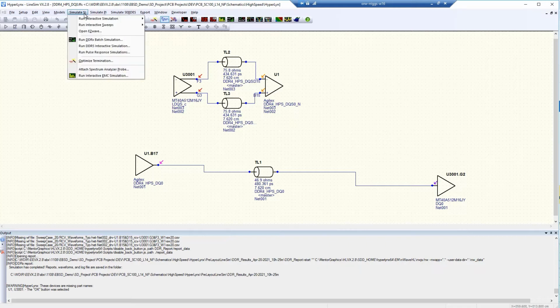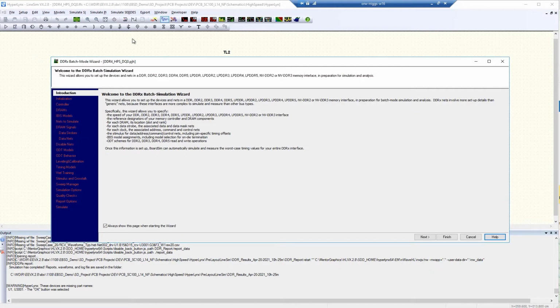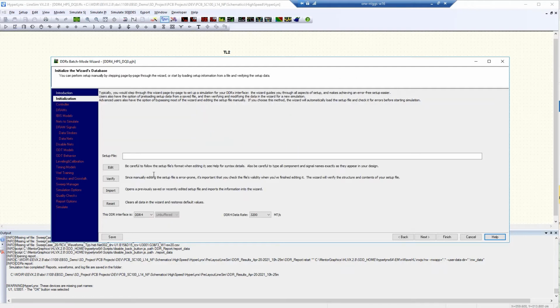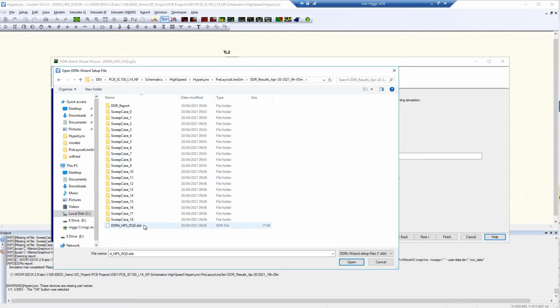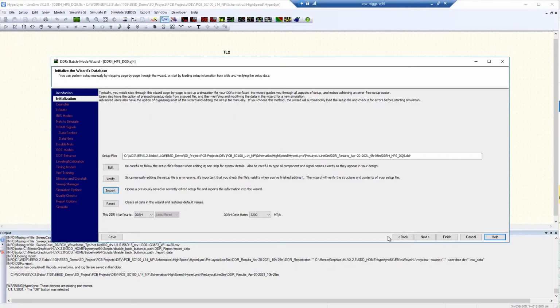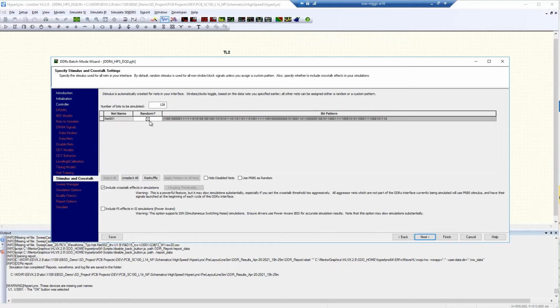After some setup and configuration, I will run the DDRx batch simulation wizard. The goal here is to find the tolerance between the DQ and the DQS nets, and then provide these constraints to my teammates. There's a lot of what-if analysis here, seeing what works and what doesn't work, trying out tolerances and ruling out others. This upfront simulation work that I'm doing will save my teammates a lot of effort down the road, knowing that the timing of the DDR signals is correct and the signal quality is sound.